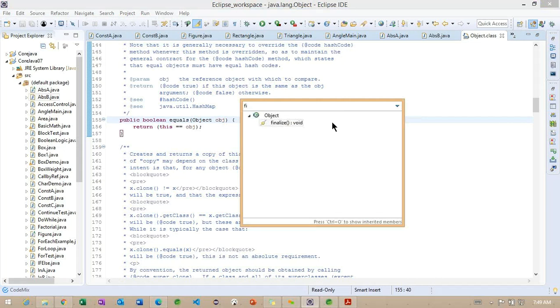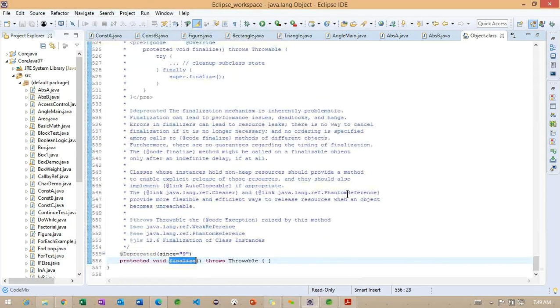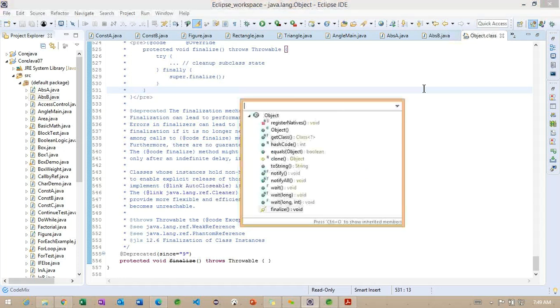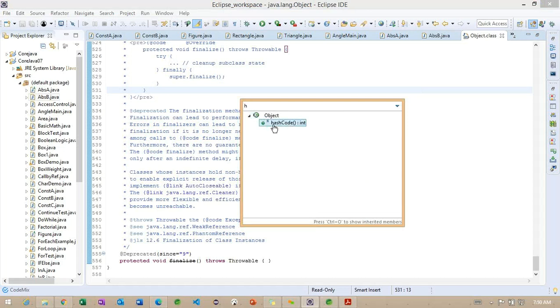We also have finalize here. This finalize method is not available from version 9, so later we'll see. Basically, the finalize method is used when an object is not used anywhere, that is, the object reference is not pointing to any object. What will happen here? The object is going to be collected by the garbage collector. That is the information we get from this finalize method. Getting the point? And if we want to find out the hash code of this particular class, we have the hashCode method.